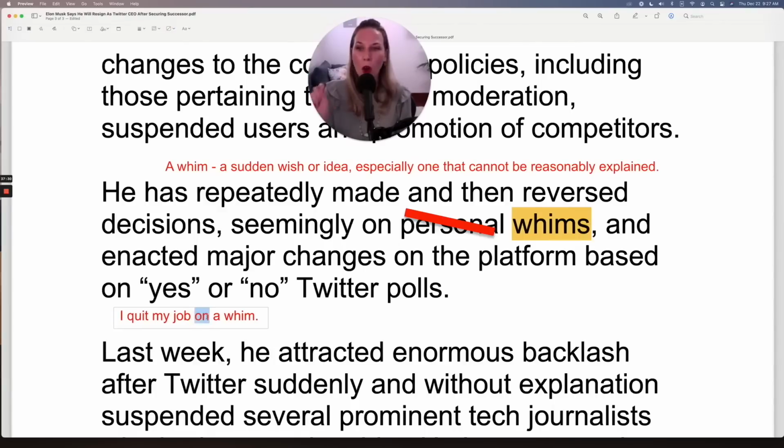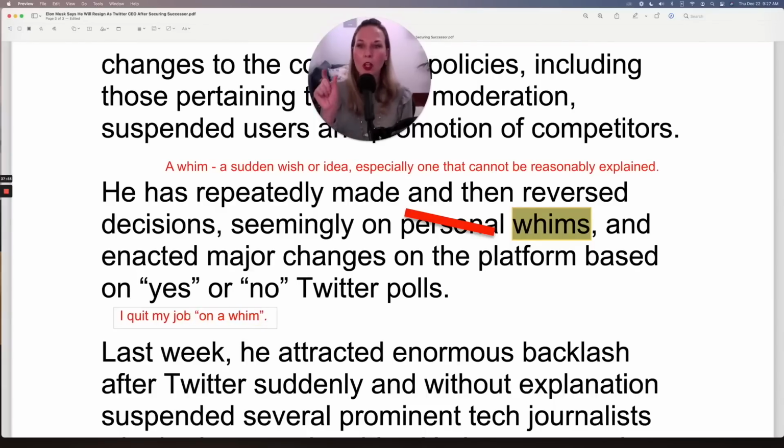And notice, on a whim. Now, they have on, they don't use the article a. Do you know why in this example? Because whims is plural. So you don't use the article a if there's a plural, but it's more commonly used like this, on a whim. So I recommend adding it like this.